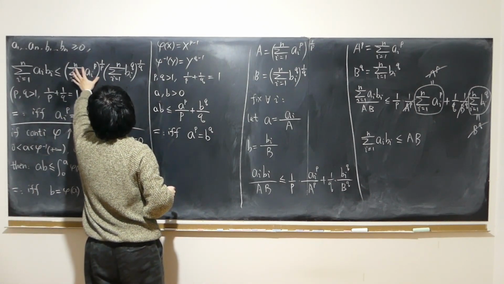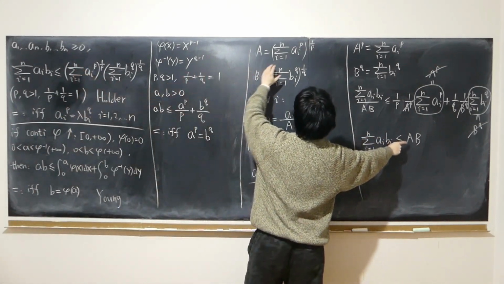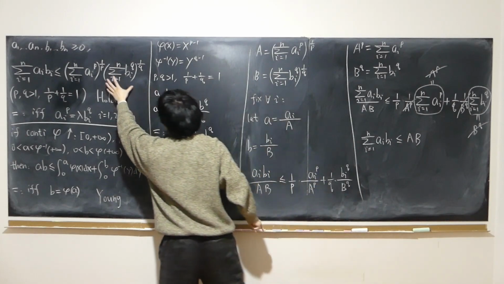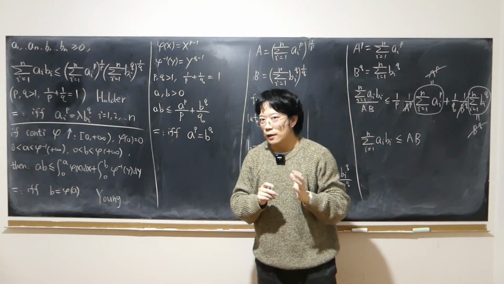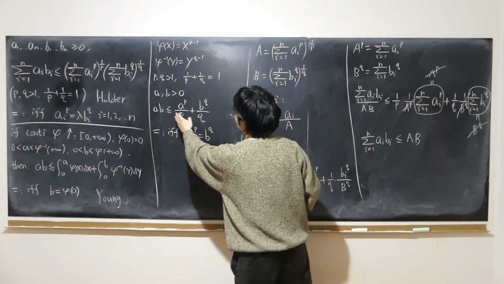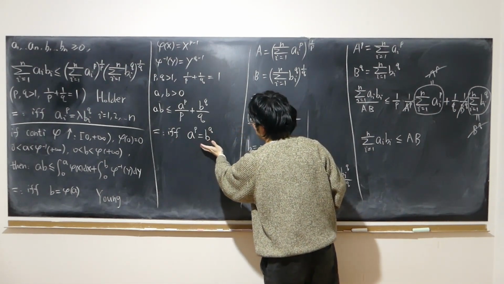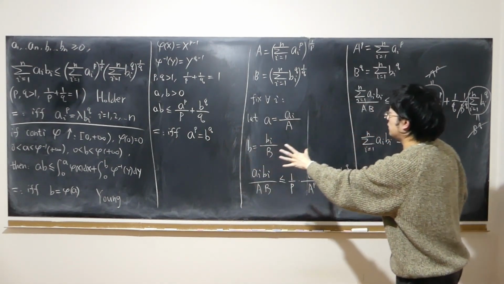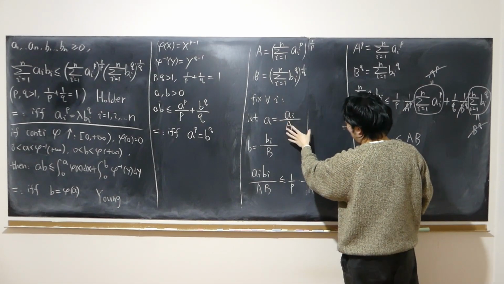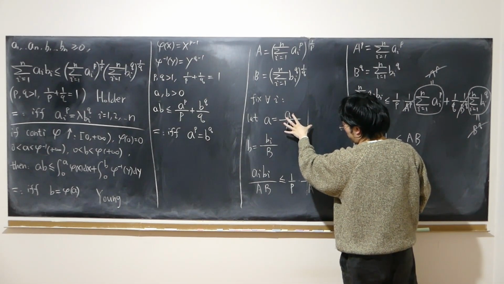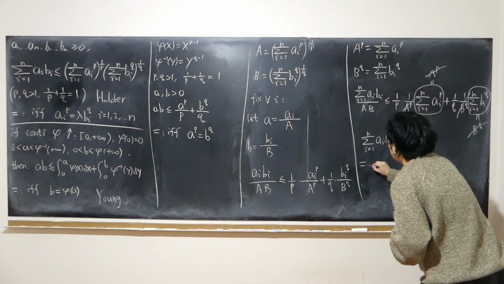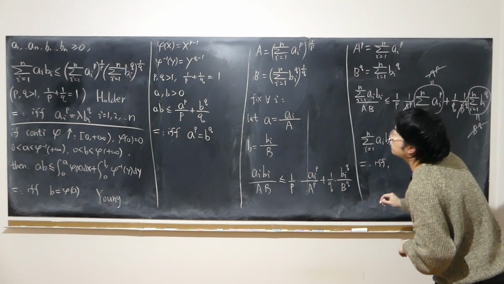And this is what I have. This is A, and B is this. That is exactly this. And so when does the equal sign hold in this case, right? Like I said, we've established the equal sign holds if and only if A to the P is equal to B to the Q. So we've denoted A equal to AI over A for every I. So this raised to the power of P is equal to that raised to the power of Q. So the equal sign holds if and only if